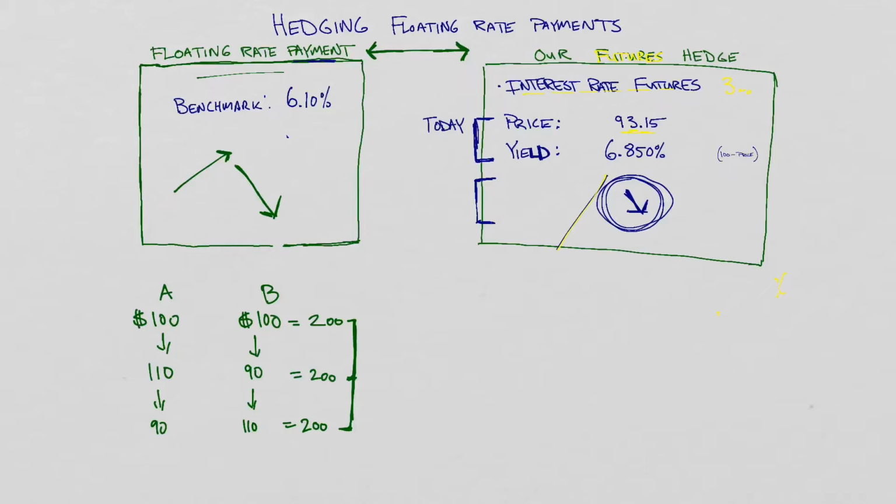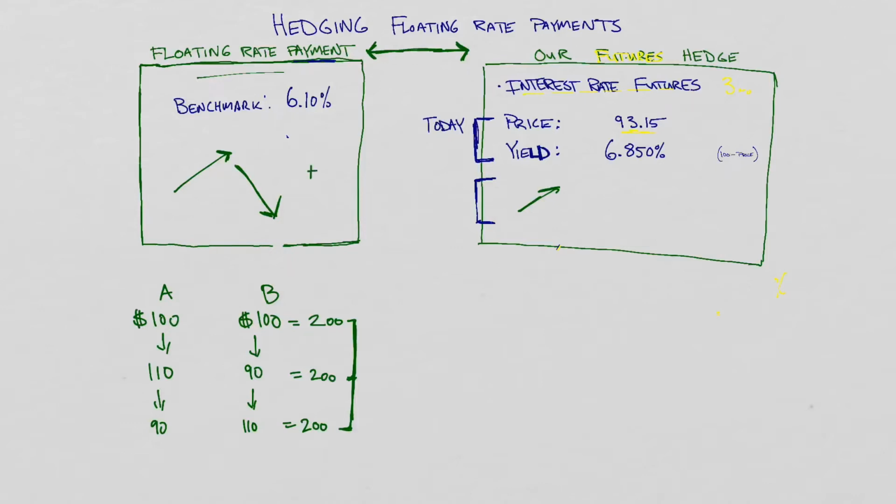But we use trading in futures contracts. If we buy the right amount of futures contracts, roughly proportional to the size of our floating rate loan payment, and we take the right side of the futures contracts, the idea here is that if the cost of our loan goes up by $100,